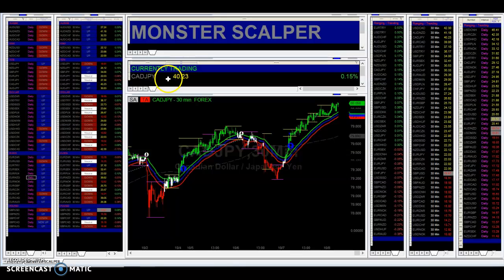Couple of things to keep in mind. Here's the chart. So here was our buy signal. This was on 10/7. So we've been in this trade for 2 days now. Couple of things that I really like about this trade is that